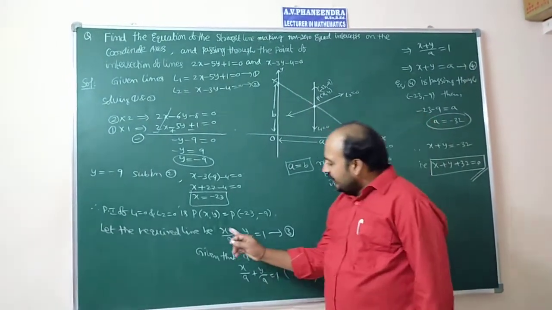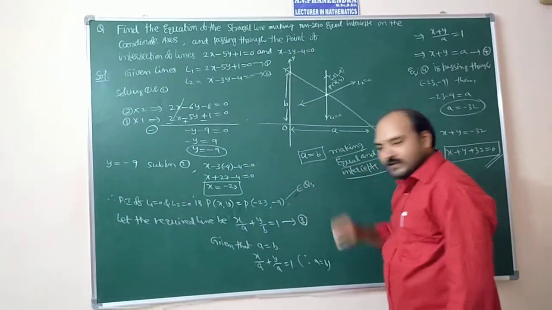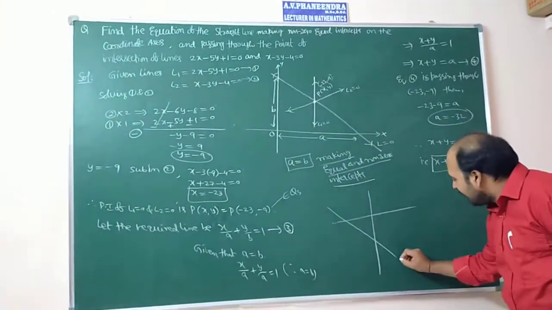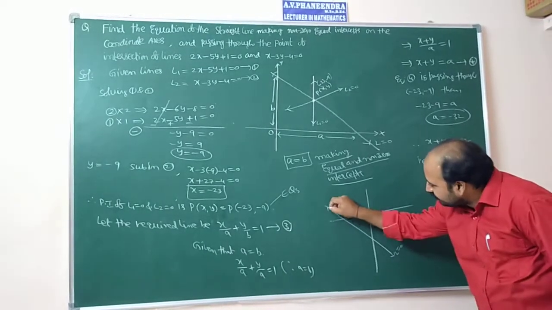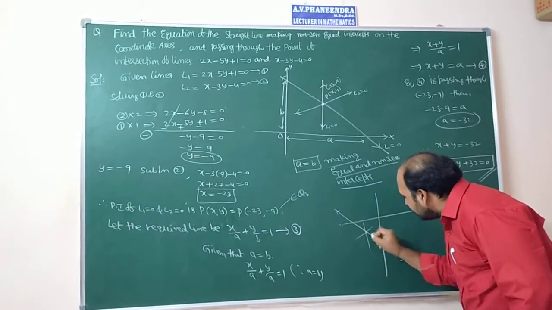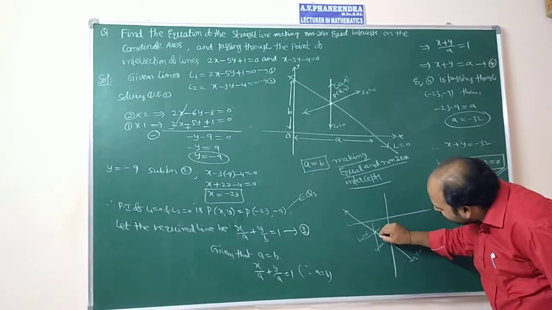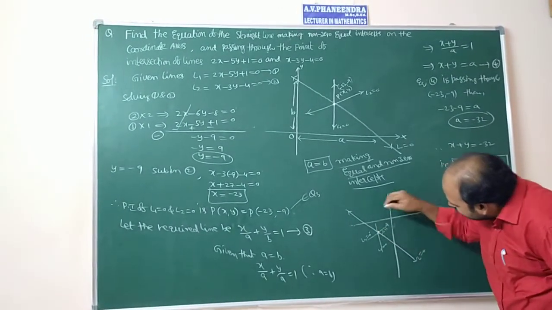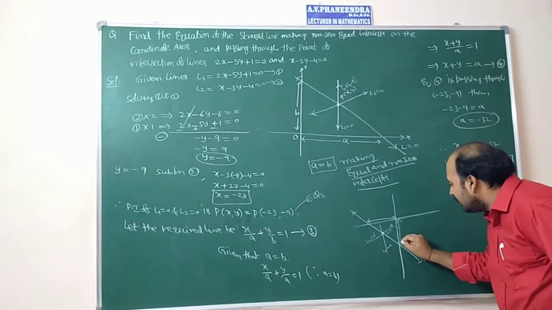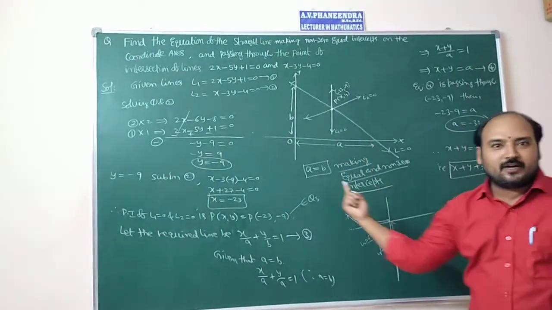According to the problem, after getting this point of intersection, if you observe that this point belongs to the third quadrant, so this diagram you can assume in the third quadrant. This is the required line, L is equal to 0, and these are the two lines which are intersecting at L1 equal to 0 and L2 equal to 0. This is the point of intersection minus 23 comma minus 9. Now these intercepts are equal. After knowing the point of intersection, then only you can draw this rough diagram, so you can understand that accordingly.